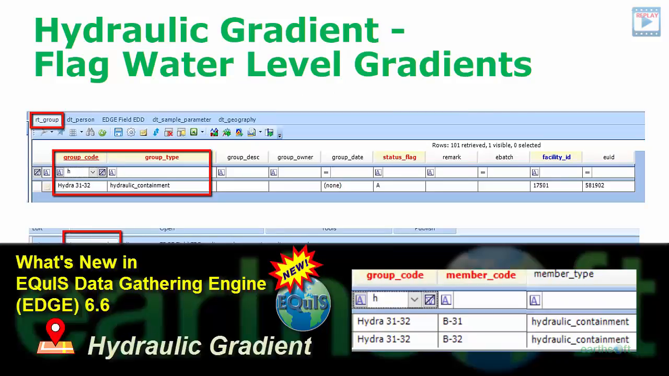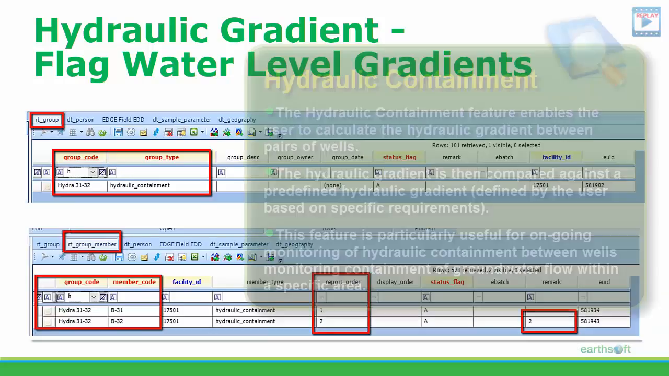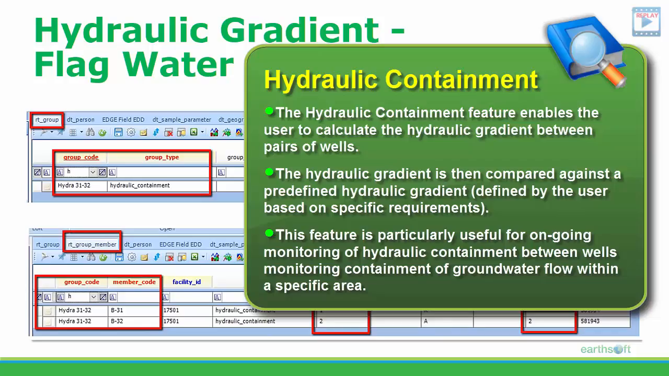The next feature is my favorite as well, and you're going to hear me saying it's my favorite because I think all of them are my favorite. But anyway, this one is a very useful feature in the field because it enables the user to calculate a hydraulic gradient between pairs of wells. The hydraulic gradient is then compared against a value which is predefined by the user based on specific site requirements. And this feature is particularly useful for tracking hydraulic containment between wells, monitoring containment of groundwater flow within a